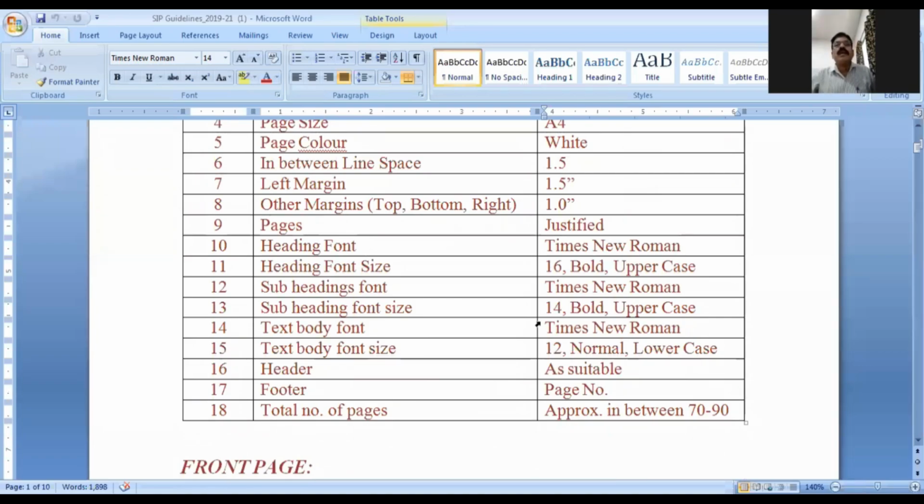Then come to the pages. You have to make them justified. So you make justify for all the pages. Then your heading font: you should take Times New Roman only. Then next is font size. Bold uppercase 16 is the main heading. Then the second one is our subheading font size,